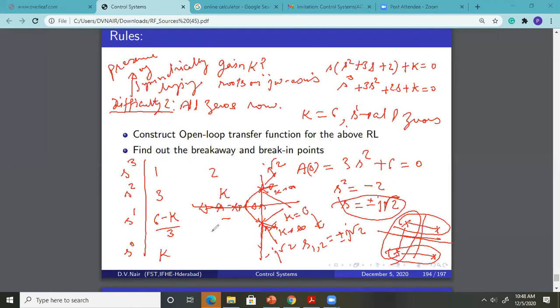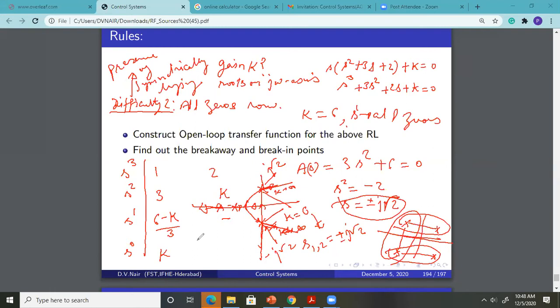Another larger question is here. Can you tell me what should be the range on gain k for me to keep the closed loop system stable? Because once branches enter the right half, then what happens? For all those values of k, when branches are in the right half, it indicates they become an unstable system, right? Yes, sir. So what is the range of gain k for which the system is stable?